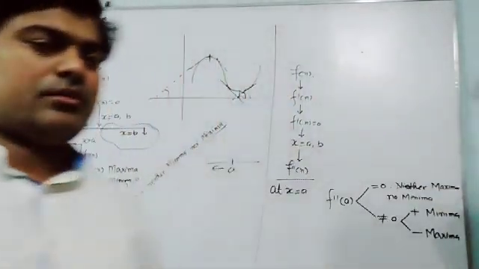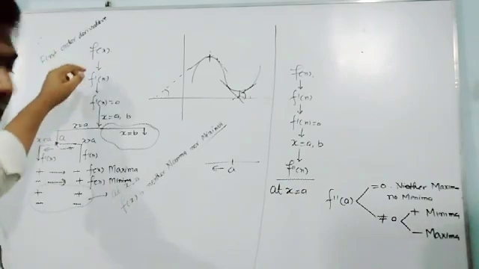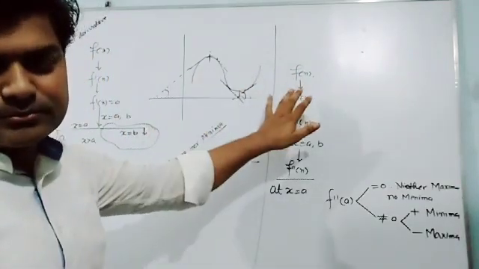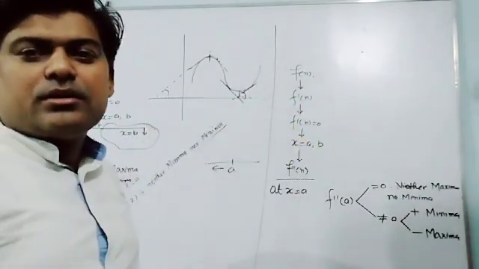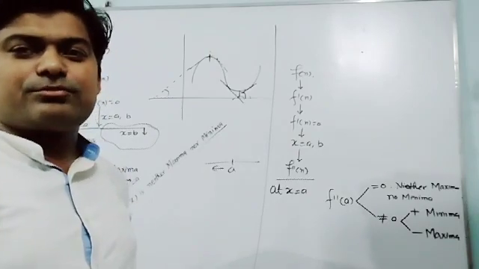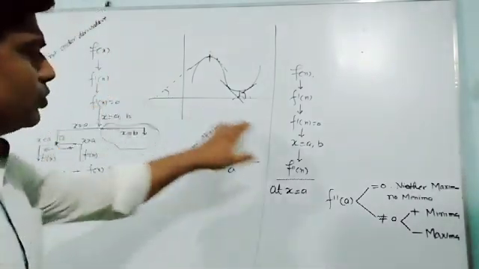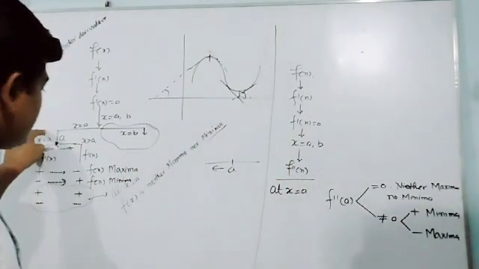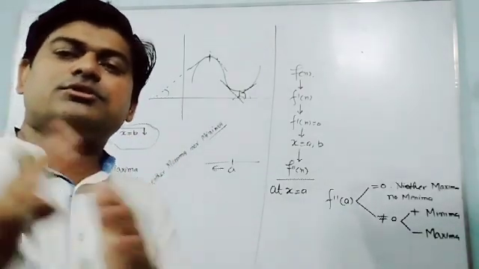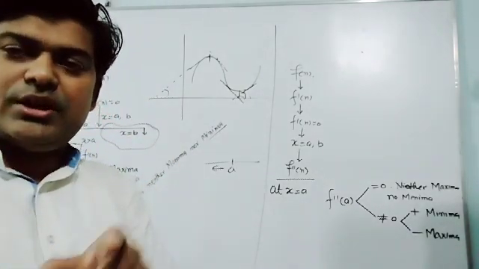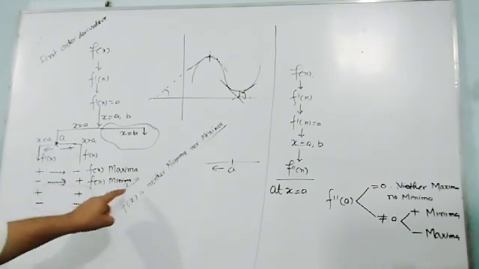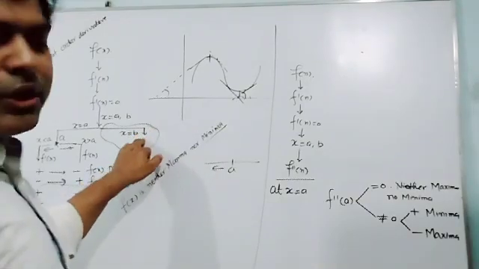Listen to me again about what I said. We write f(x), then f dash x equal to 0. Those three steps we have to do in both parts, till finding the value of x, the turning point. Then in the first order derivative, suppose I am talking about x is equal to a, once I take a value of x less than a, and once a value of x more than a, and we see if the change is from positive to negative, it is maxima, negative to positive is minima, and no change means neither maxima nor minima. Same thing we can do with b also.